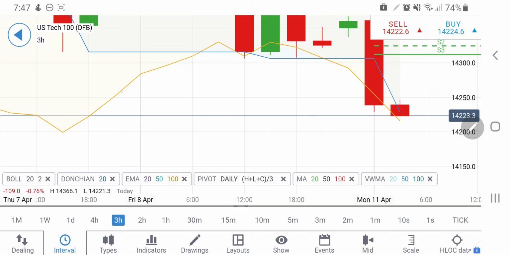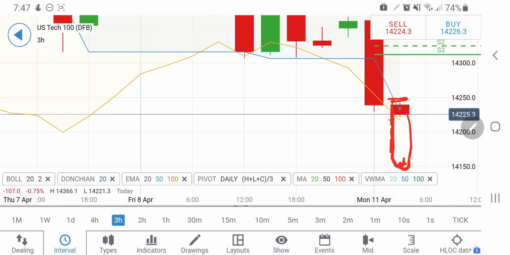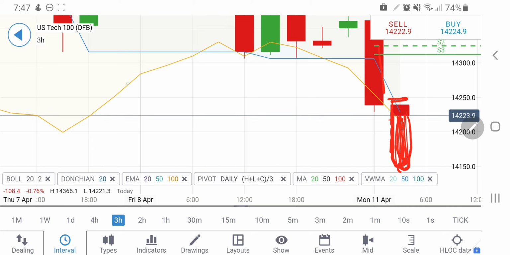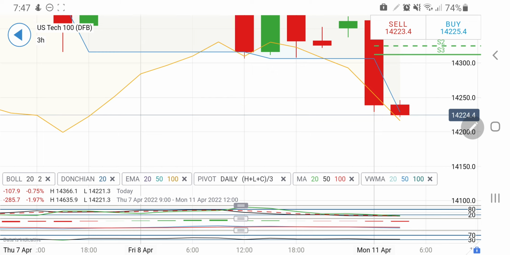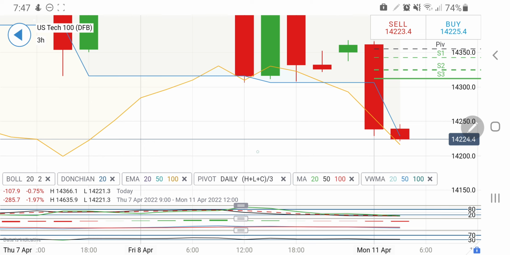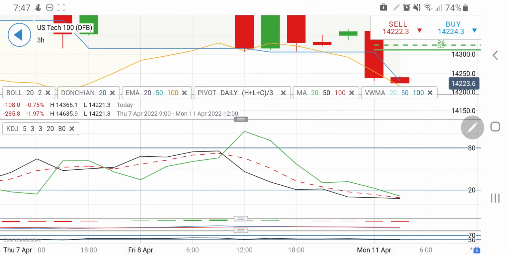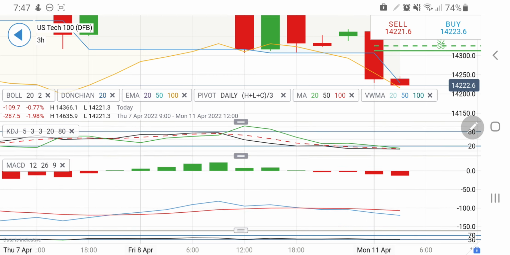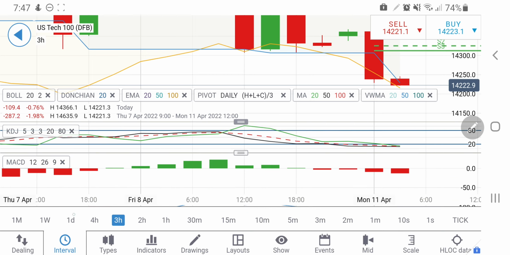Now look at the 3-hour charts. On the 3-hour charts too, till the time it remains below 14,250, it may try to drop sharply, where one can expect 14,150 levels on the charts. So it may give you a red candle, which will try to take it towards 14,150. If it fails to sustain below 14,250, we can again expect it to rise. Then the targets are the 14,300, 14,350 zone. The 3-hour stochastic is extremely oversold, MACD is widely divergent and still on sell.